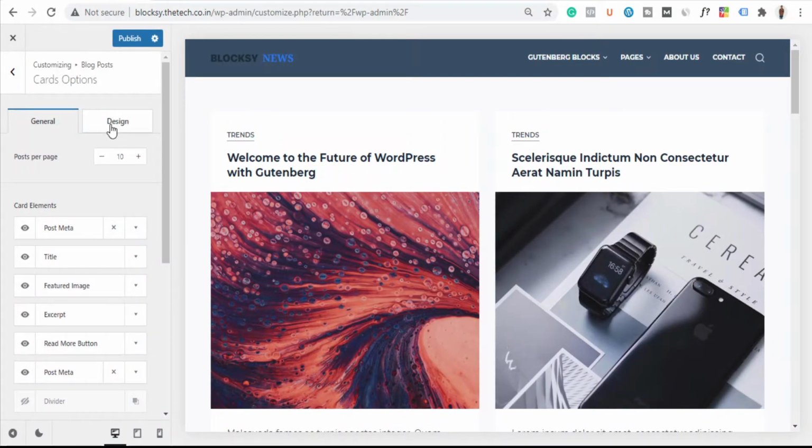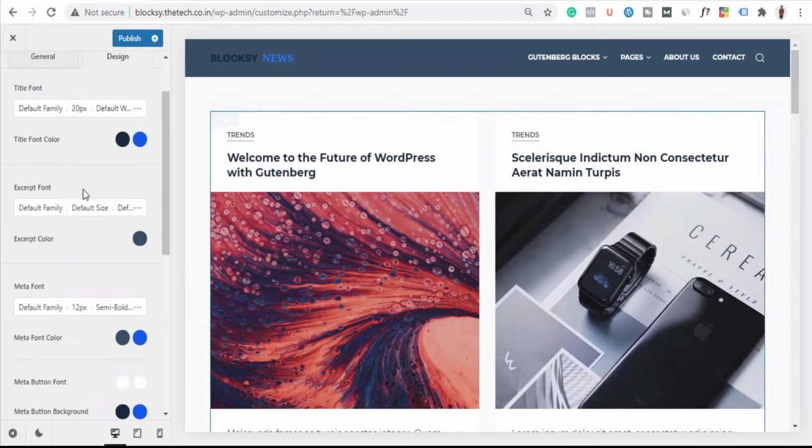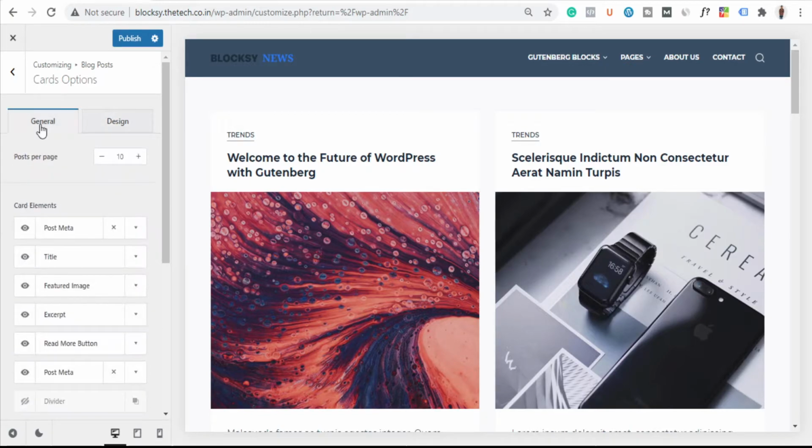So design basically means, as I told you, one is the option which is the common color option for your site, and one is the option which you can individually change for every section. So this is the part where you can individually change the color option, but what I would recommend, try to keep it common for all the sites so that the color consistency is maintained. Okay, and with that said, I think we are done with this blog section.